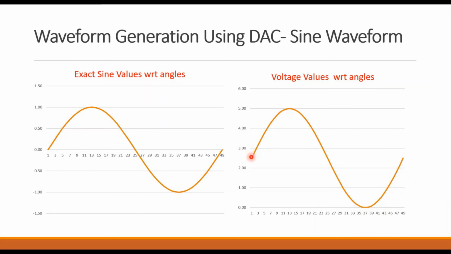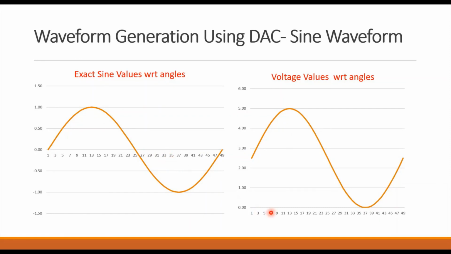So with the first visualization you can identify these two waveforms are similar, they don't have any difference. But then if you go on focusing on it, you can identify that this waveform does not have a zero crossing. It does not go below 0. Why? Because we don't want this waveform to go below 0, because your DAC will not identify the negative values. So that's why we have shifted this waveform above the 0 axis so that we would not get negative values.